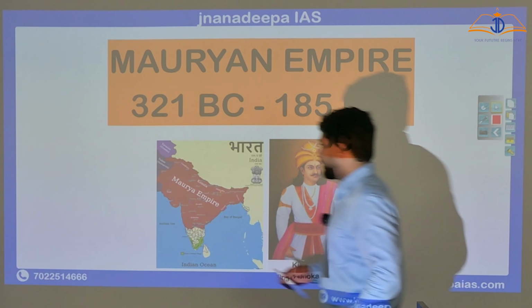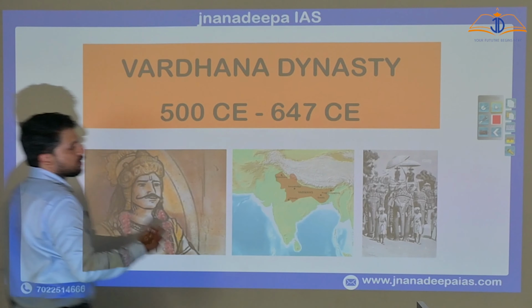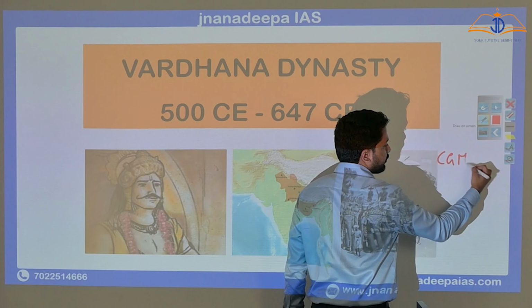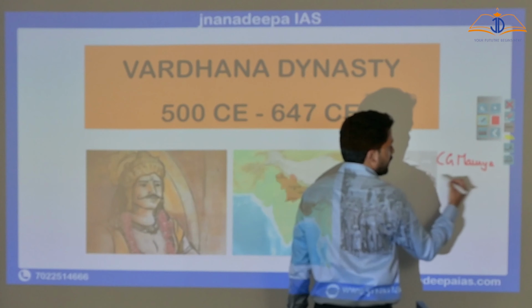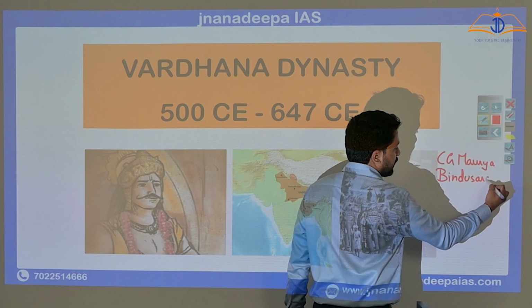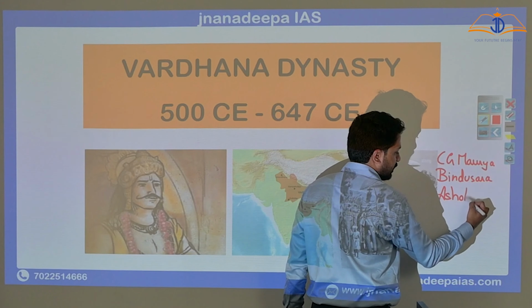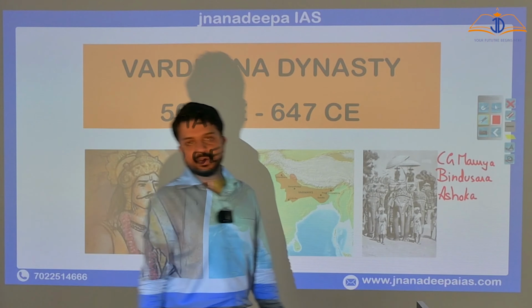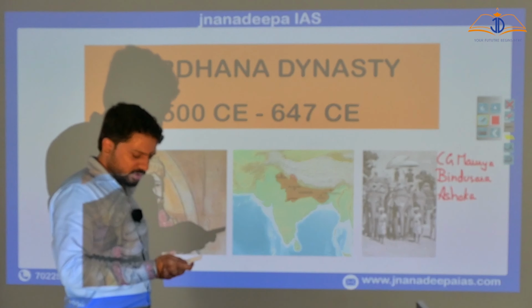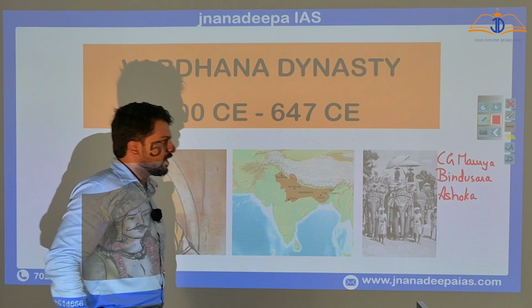So there were 3 important kings in the Mauryan Empire. One was Chandragupta Maurya, and his son Bindusara, and Bindusara's son Ashoka. These were the 3 important kings. And you all know about Ashoka. I need not mention much about Ashoka, because Ashoka was involved